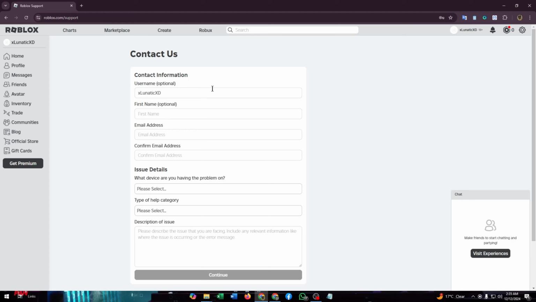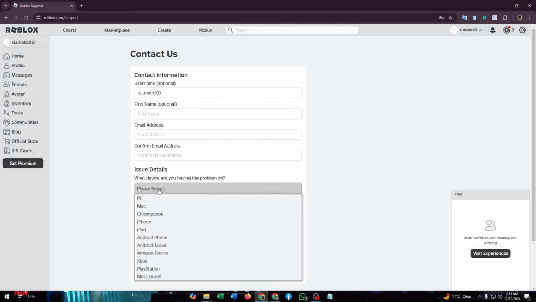From here, you will find a contact us form. Here, the username is already added according to your account. This is my username. Then you just need to type your first name, then your active email address or the email address that is registered with your account, then confirm your email address, then issue details, tell Roblox